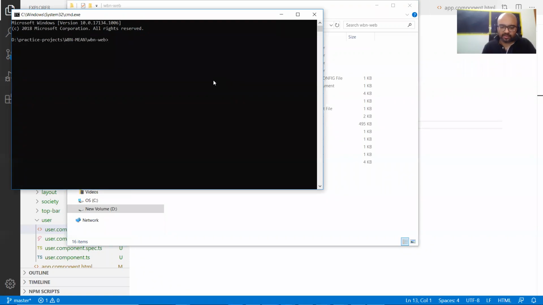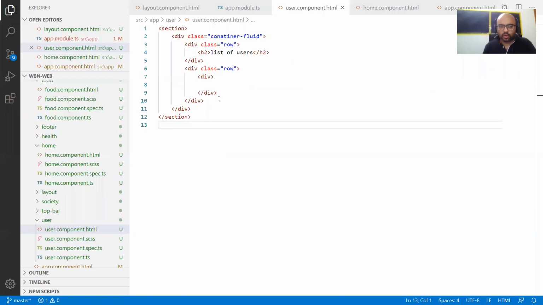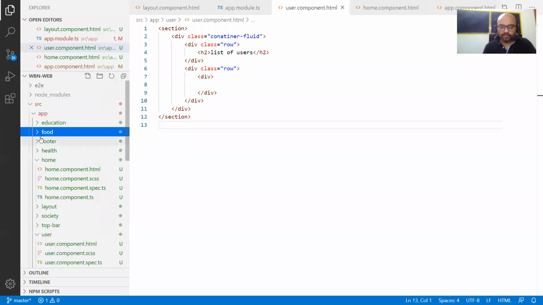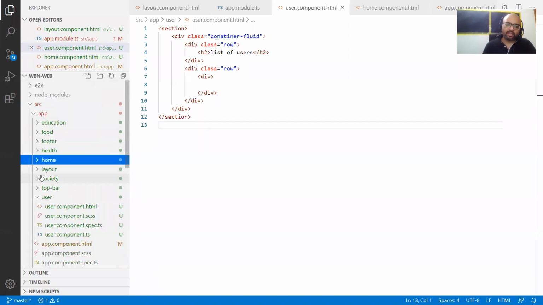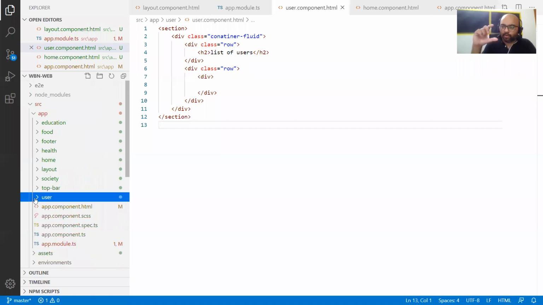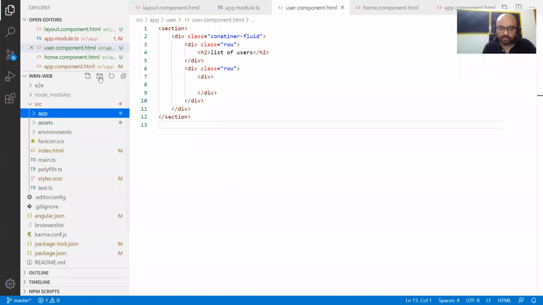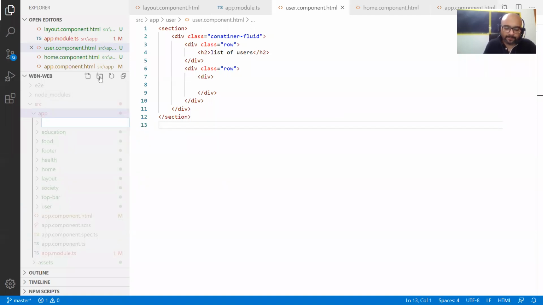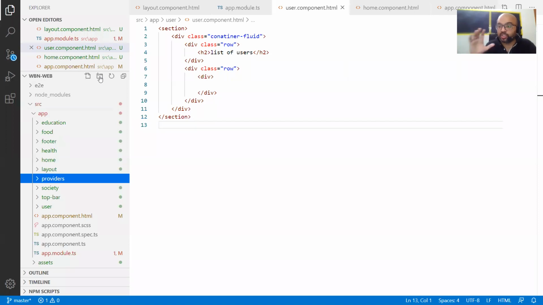But before adding a service, we need to create a folder. So what we do basically, guys, is we create a common folder called provider, or services, which will hold all the services. So in app folder itself you add one more folder, say provider, or providers. So here you will have all the providers. Providers means your services which provide data to you or which take data from you, correct? Provider.